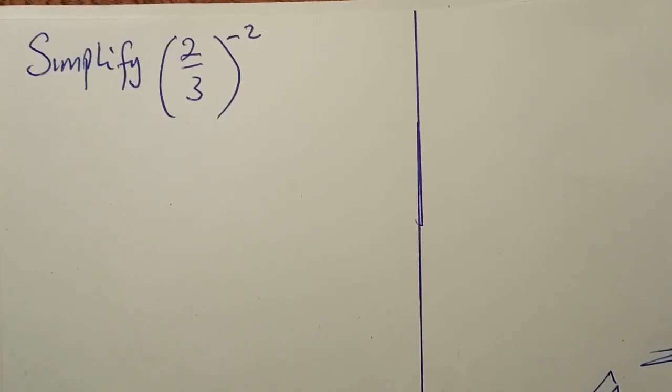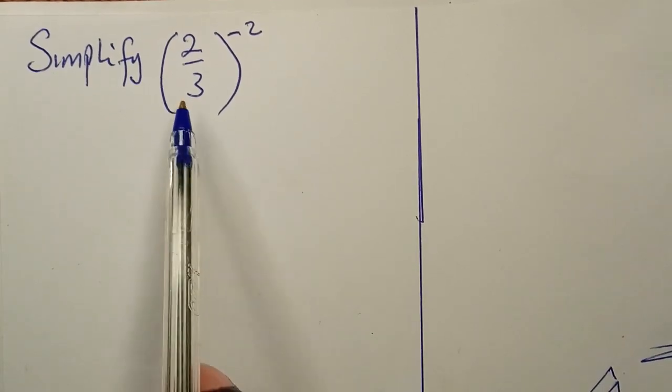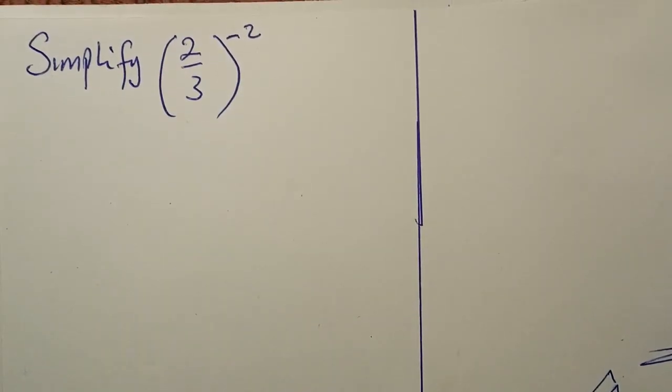So without wasting time, I will begin with this: 2 divided by 3 to the power minus 2. We need to express this. First, I would like you to understand the negative power of a fraction. Whenever we have a negative power like this on a fraction, we need to apply the law of